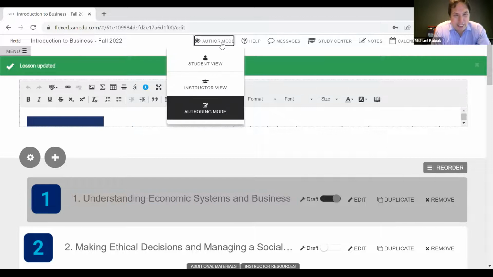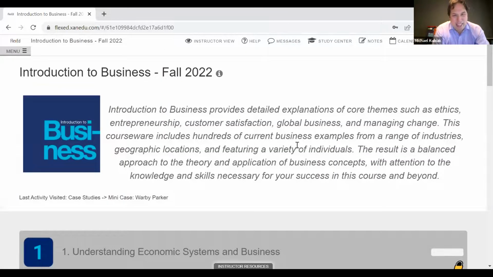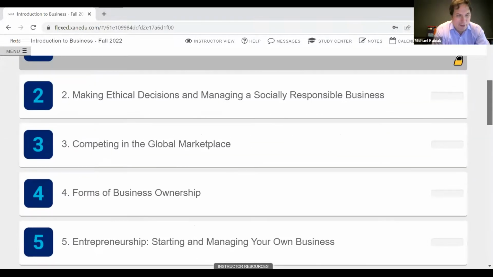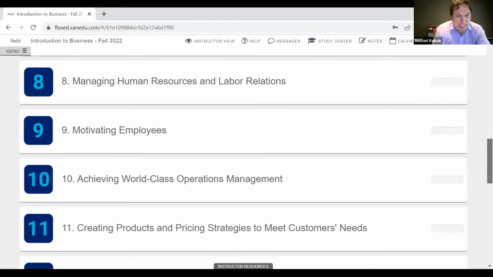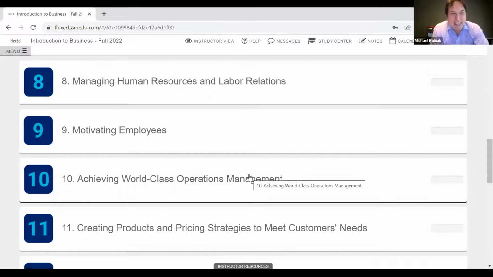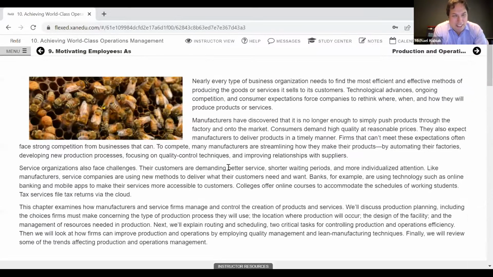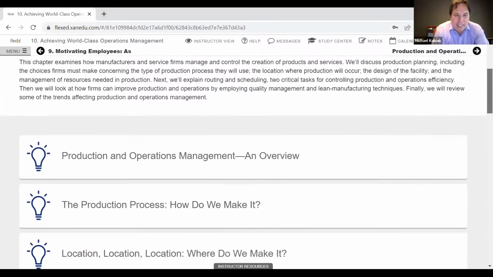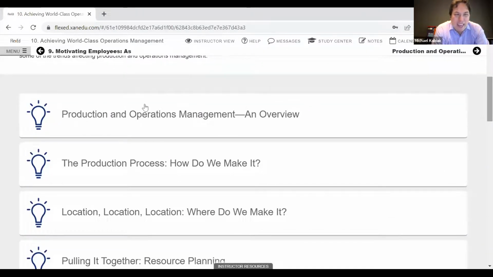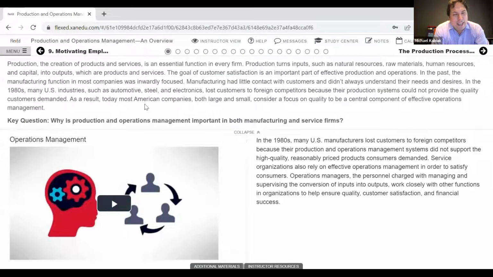So I'm going to go back to the instructor view, and the nice thing about FlexEd as well is every chapter follows a consistent format. So if we were to jump into, as we go down here, the operations management chapter, since Dr. Hyatt so wonderfully shared examples of that earlier. I mentioned before there's an introductory section at the top of each chapter that has a quick introduction. And then as you move through, as we talked about before, there's a video that covers one of the key concepts aligned with each of the A heads or sections of the chapter.